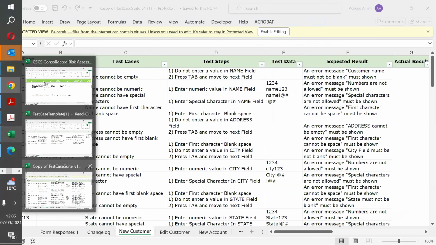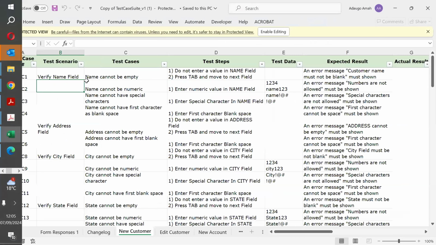For this test case, to verify your name field, you're verifying name cannot be empty. You're also verifying name cannot be numeric. Name cannot have special characters. Name cannot have first character as blank space, right? So those are the various things. Basically, these test cases, where test analysis comes from, is that you're retracing into the requirement documents that have been provided. Okay, let's go to the documents now